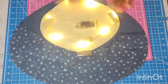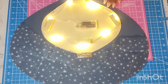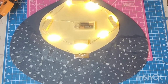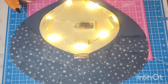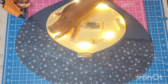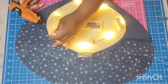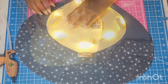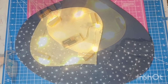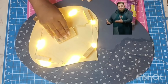Okay, so here, this is where it got really funny, guys. I was really in the zone. I was tired. These past couple of weeks, I have just been exhausted. But I wanted to create a light feature, which you see I'm doing here. I'm taking some of the little fairy lights or twinkle lights and weaving them in and out of where I put the tower tumbling blocks, and I'm putting the battery pack here. So my mind, when I was doing this, I'm thinking, okay, it'll be on the back, but